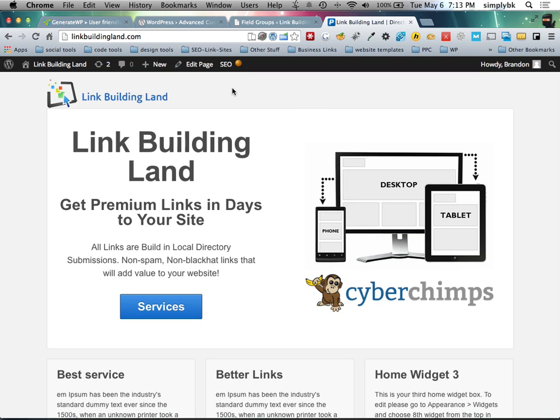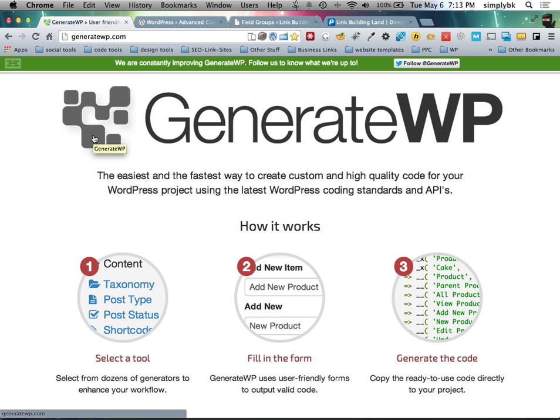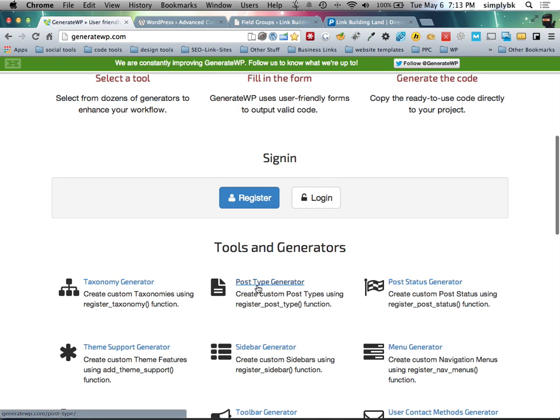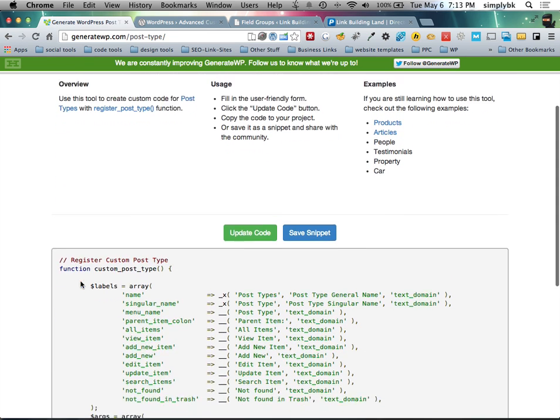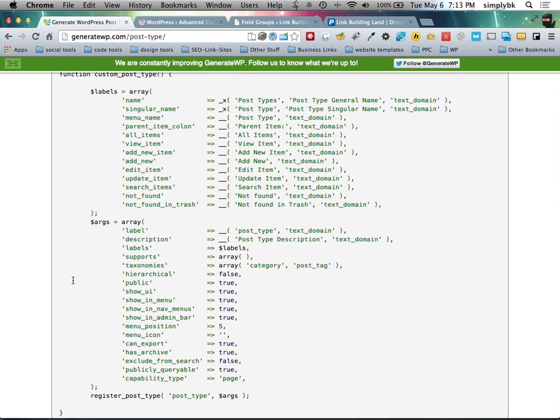We're going to use, however, to make it really easy, a couple coding generators. So GenerateWP is one of my favorite ones to use. This one is great for generating what we need. It's just called a post type generator. And so I'll go ahead and click on that and kind of explain a little bit of what this code chunk right here is. This custom post type,